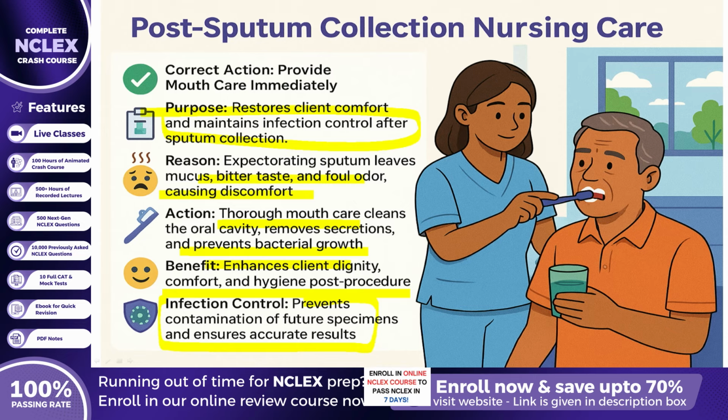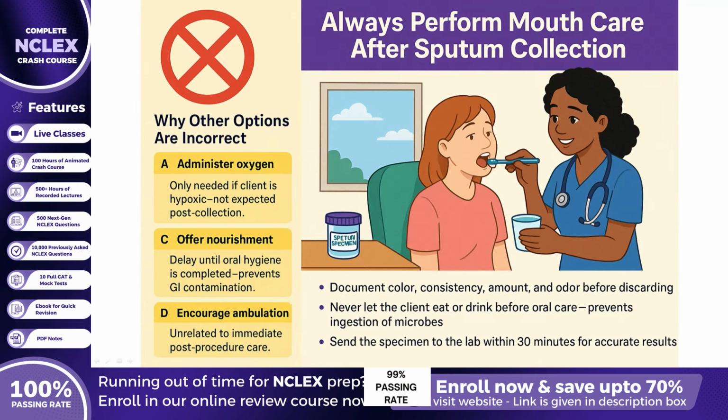Administering oxygen, as stated in option A, is unnecessary unless the client shows clinical signs of hypoxia, which are not expected after sputum collection. Option C, offering nourishment, should be postponed until oral hygiene is completed to prevent ingestion of residual microbes that might lead to gastrointestinal irritation. Option D, encouraging ambulation, is unrelated to immediate post-specimen collection care and should be deferred until the client has fully rested and airway clearance is achieved. Therefore, providing mouth care demonstrates the nurse's competence in infection control, patient-centered care, and proper prioritization of comfort and safety